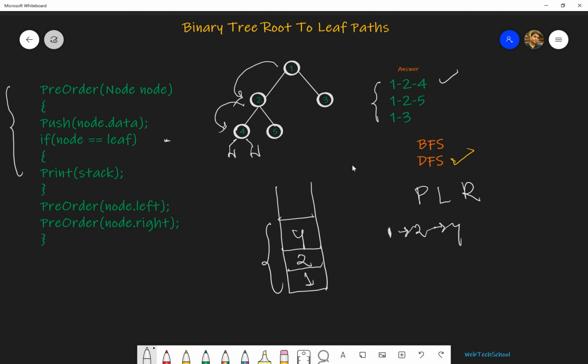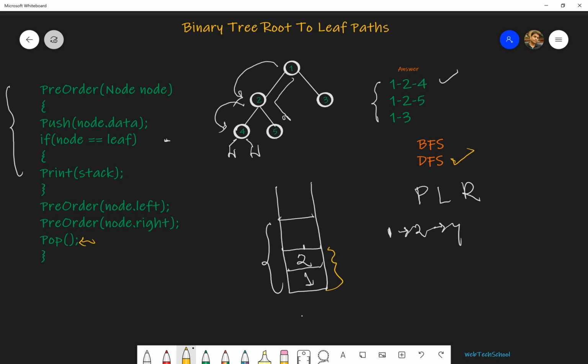Now what is our next objective to print? We need to print 1, 2, and 5. If you look carefully, we have data till 1, 2, so we need to add another value 5. Once any node's operation is complete, like for 4, where both its left child and right child are null, we are going to pop this element out. We pop it right after the execution is completed.